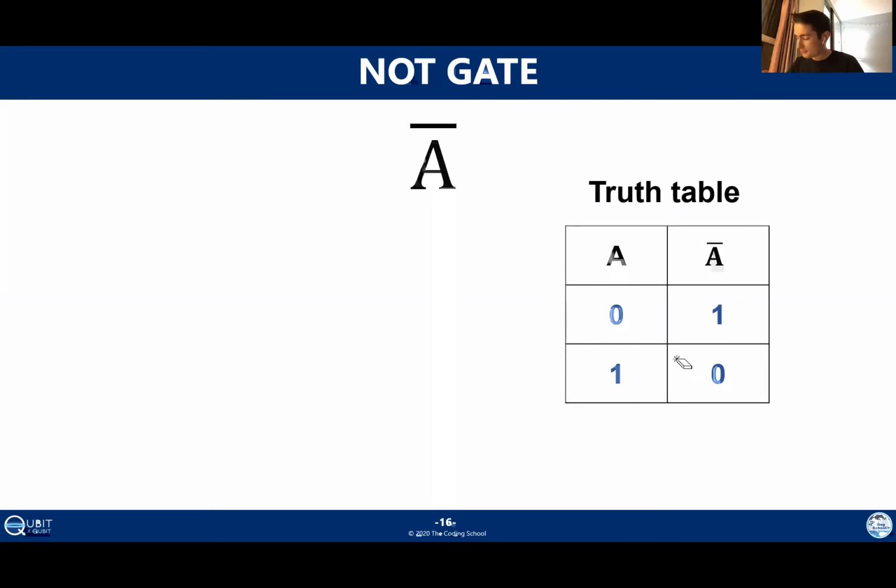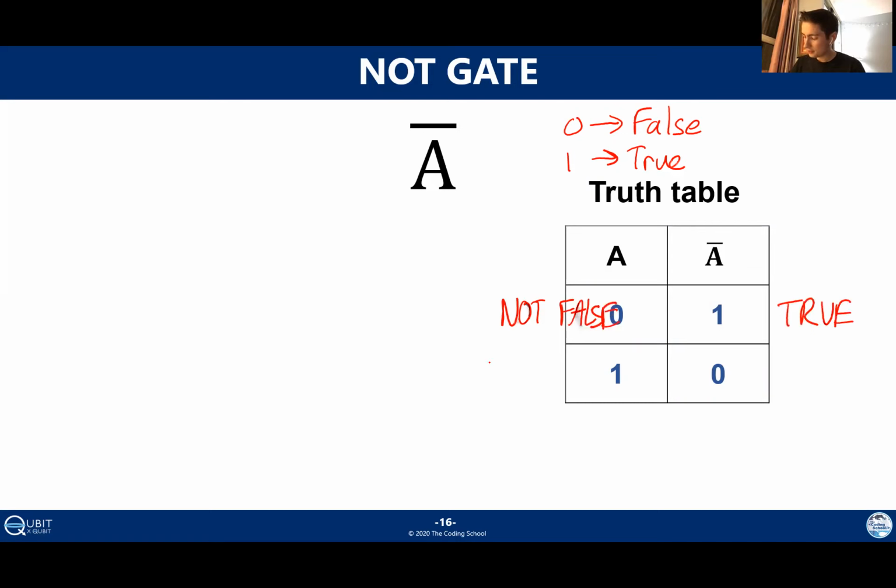Now, as sort of a memory trick here, a lot of times when we talk about binary, you'll hear people talk about it not within the context of 0 and 1, but actually within the context of false and true. And so the way to think about the NOT gate, the reason it has this name, is quite literally because you can think of, not false. Well, what is not false? Something that's not false is true. And then equivalently, if something is not true, then it must be false. And so that's how this gate gets its name.